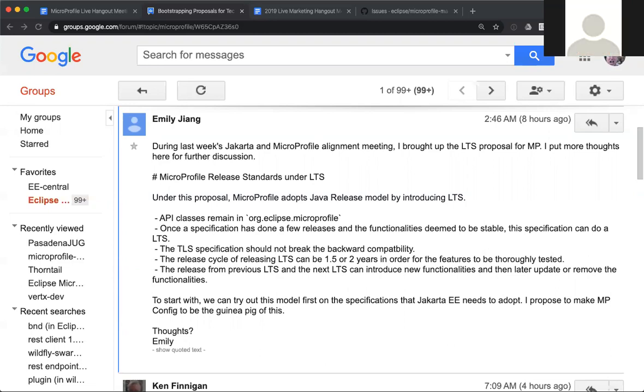Right. However, one thing is existing MicroProfile customers, they don't need to change the package with this model. So let's talk about that. Let's fairly address that.